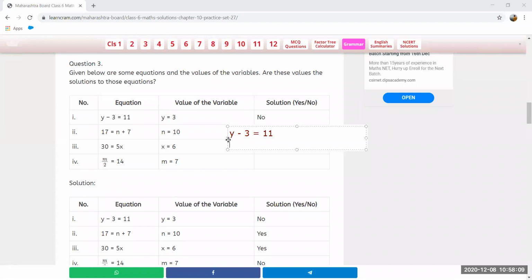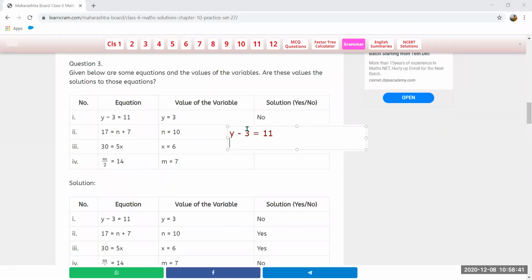Right? Now here y minus 3 is equal to 11. So if we want to find the value of y, we don't want this minus 3 with y. To remove this minus 3, we will use its opposite sign. What is the opposite sign of minus 3? Plus. So we are going to add. If we see minus, we will add. If we see plus, we will subtract. If we see multiply with y, we will divide. If it appears in the form of divide, we will multiply.